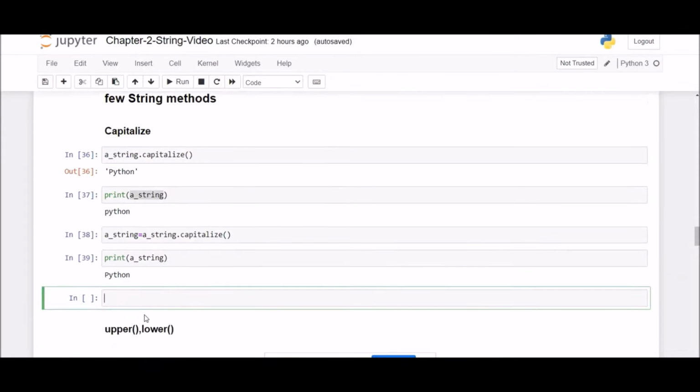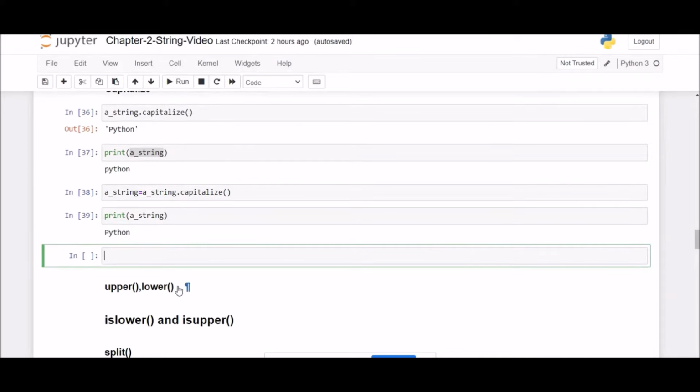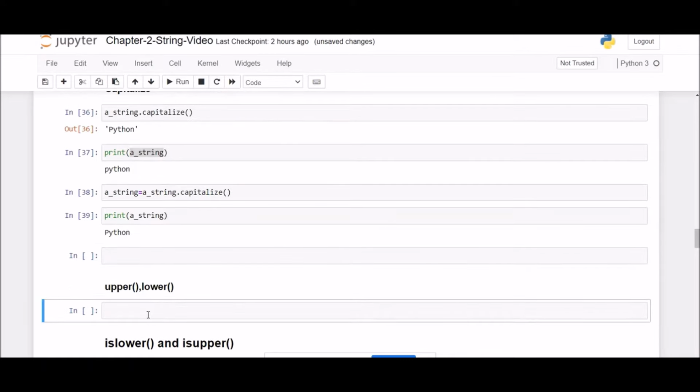Okay, now let us move forward and understand another two very important methods, upper and lower. What I have told you is, first we need to always understand what this method returns. Upper and lower will return a string only, with uppercase and lowercase.